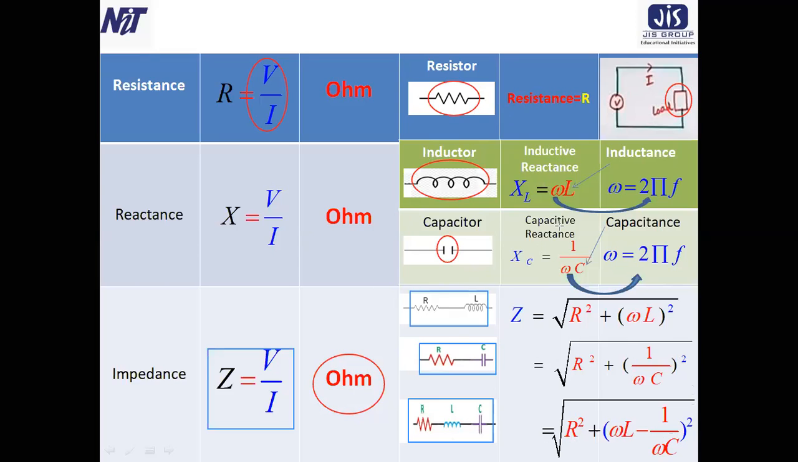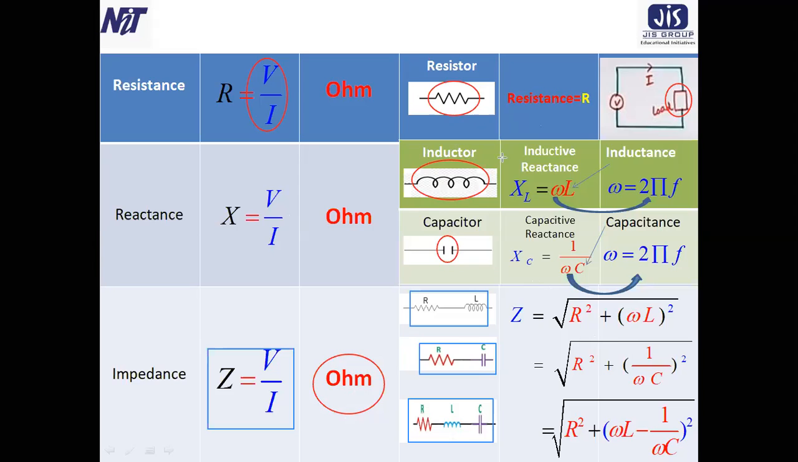So after 2-3 slides, I will talk about the vector form. That means in this slide, I define everything without J, the J operator, which topic we discussed in the previous lecture, that is lecture number 7. Now, in this way, we can understand what is resistance, what is reactance, and what is impedance,